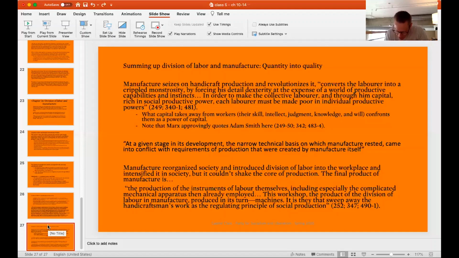For next class, read chapter 15. It's long, but it's really good and interesting. I'll draw your attention in particular to the 4th footnote in the chapter. If you're reading the Penguin book edition, it's the 2nd footnote on the 2nd page of the chapter. In the Penguin edition and in the online edition, it is the 4th footnote. And we'll talk about that at the beginning of next class.